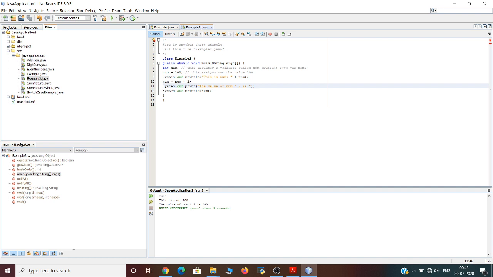Java, like most other languages, requires that variables be declared before they are used. Inside the brackets, I have also written the syntax of variable declaration: type followed by var name. Here, type specifies the type of variable being declared, and var name is the name of the variable.